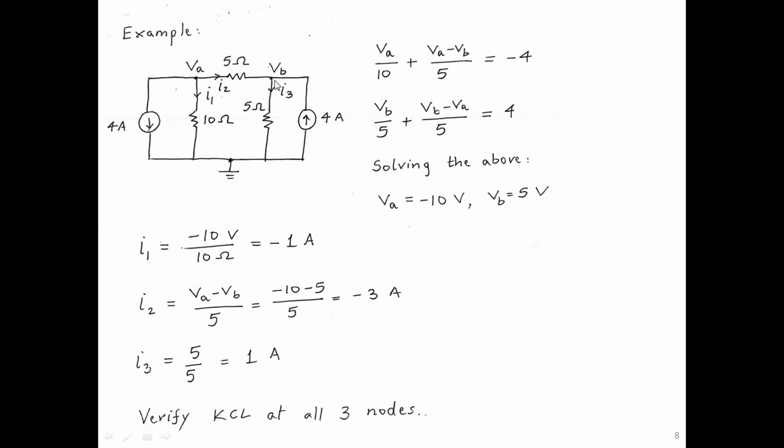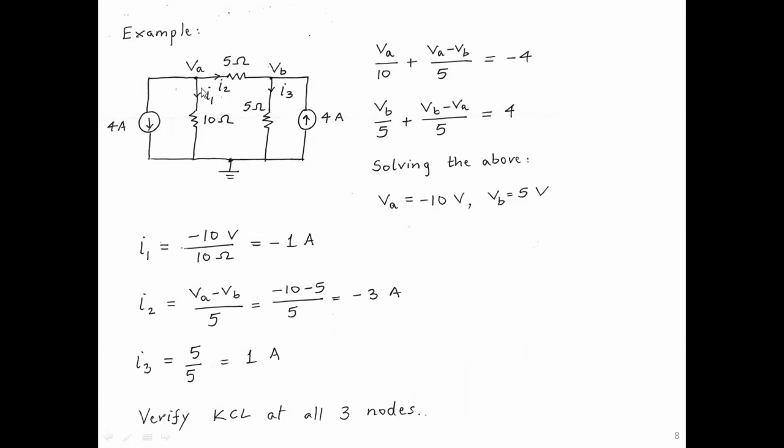So this has 3 nodes: one node, second node, third node. I have defined this node to be ground. One thing that is useful to do while defining the ground node is to choose a node that has a maximum number of connections. This just simplifies the equations. It really doesn't matter which node you treat as ground, but choosing a node judiciously will simplify our equations.